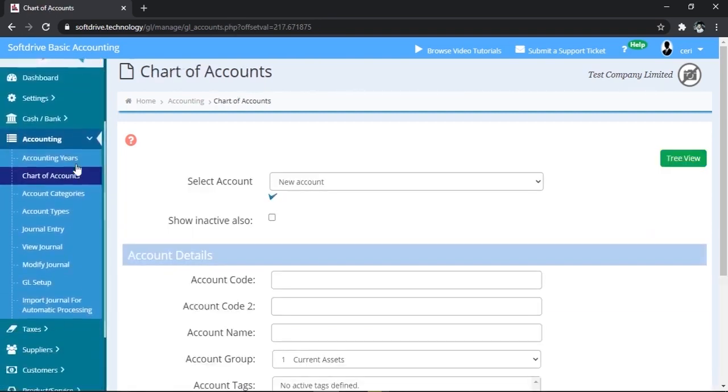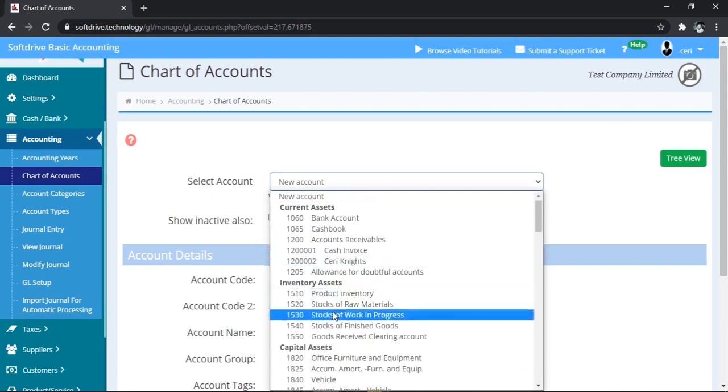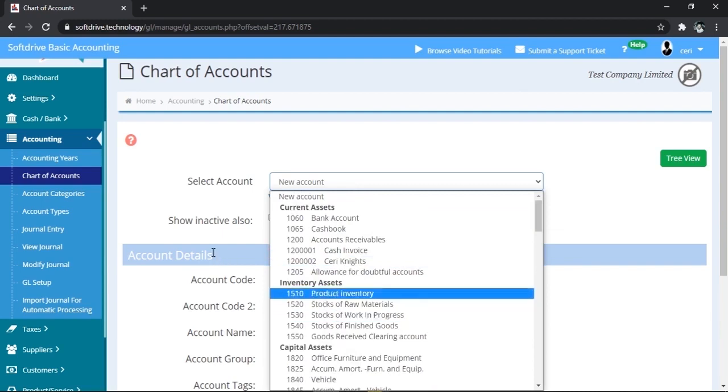Going back to charts of the account section, we can see new there. If you click here you can see the whole list of your GL accounts. You may change any of them, may delete them if they have never been used before. If they are in use they can't be deleted, so you can edit them, change the name